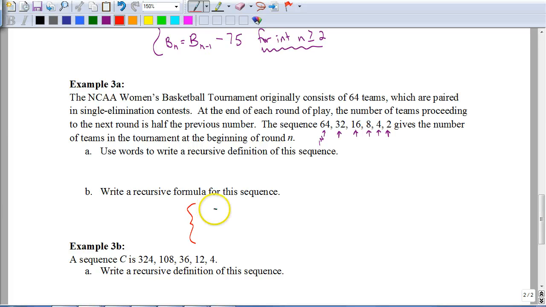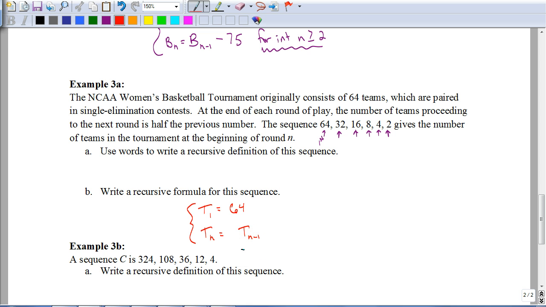So the first term in the sequence, let's call this, you can name it anything you want. If you want to use R to represent each round, you can use W for the women's, B for basketball, T for tournament, it doesn't matter. So I'm going to use T to represent the tournament. So the first round in the tournament is going to be 64 teams. To find the next term in the sequence, to find out how many teams will be playing in the next round, you would take the previous round